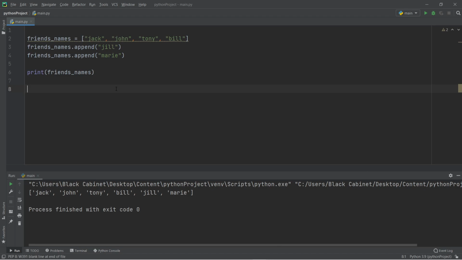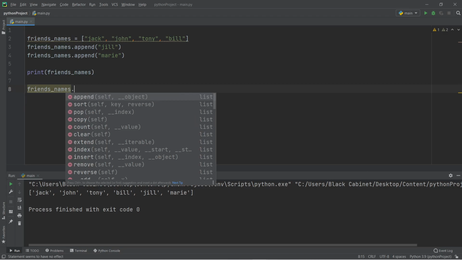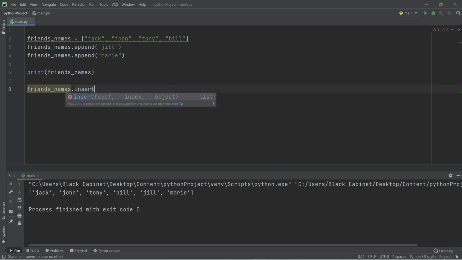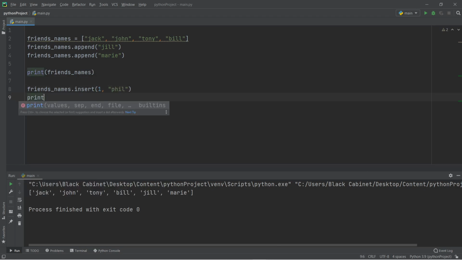So I could say friends names dot insert. So rather than append, it's insert. Inside these parentheses, I can specify where I want it to be inserted. So I'm going to say position number 1 and the name I want to put in. So let's say Phil. So now if I print the list again,